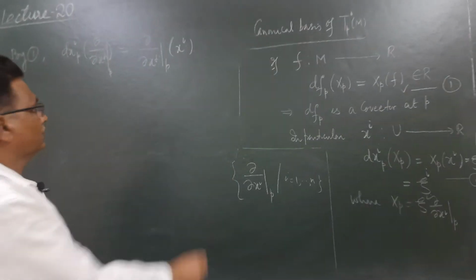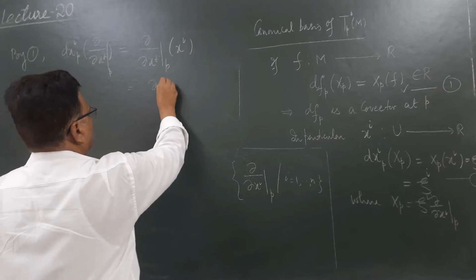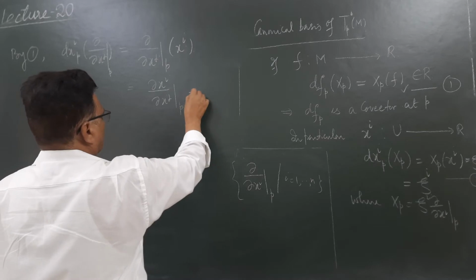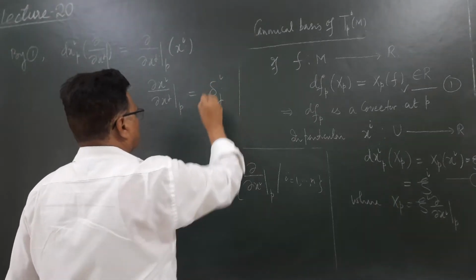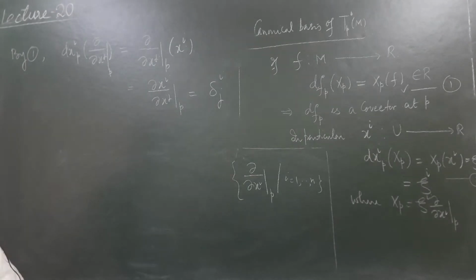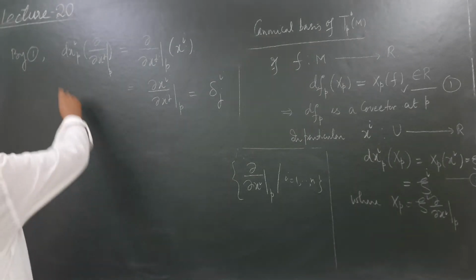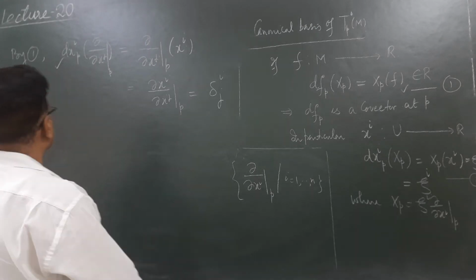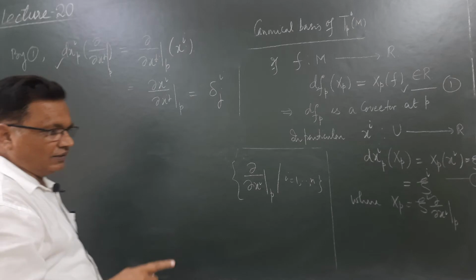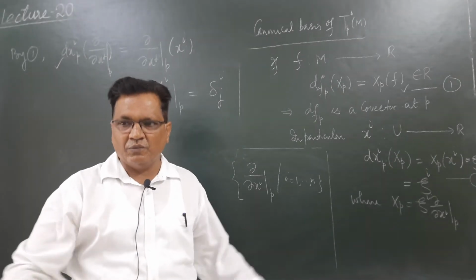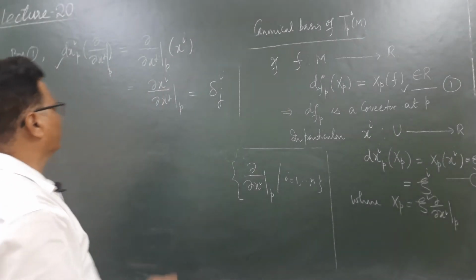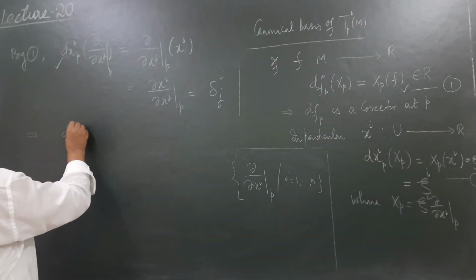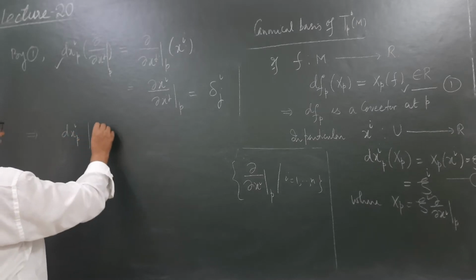Okay, so what do you get? You get del xi over del xj evaluated at p, which is the Kronecker delta ij. Okay. So what you are searching is this: the dxi co-basis. So that gives you that the dxi's are the covectors which form a basis of the Tp star M. So this implies that the dxi's at p, with i running from 1 to n,